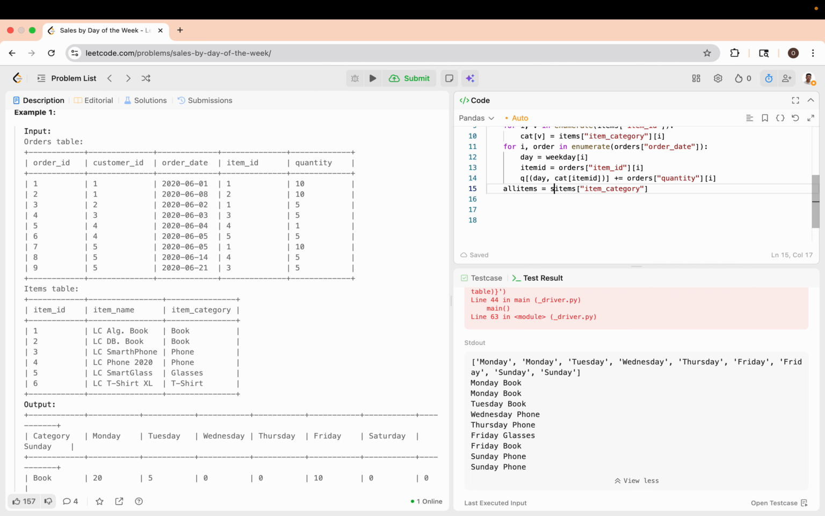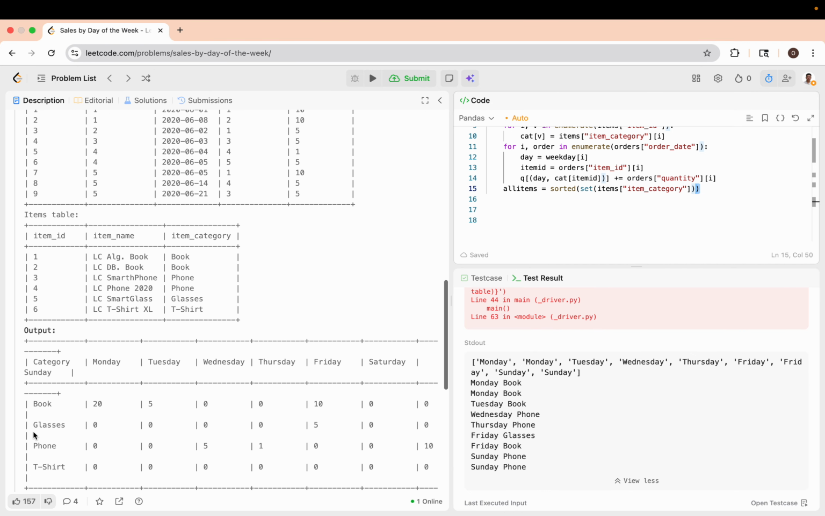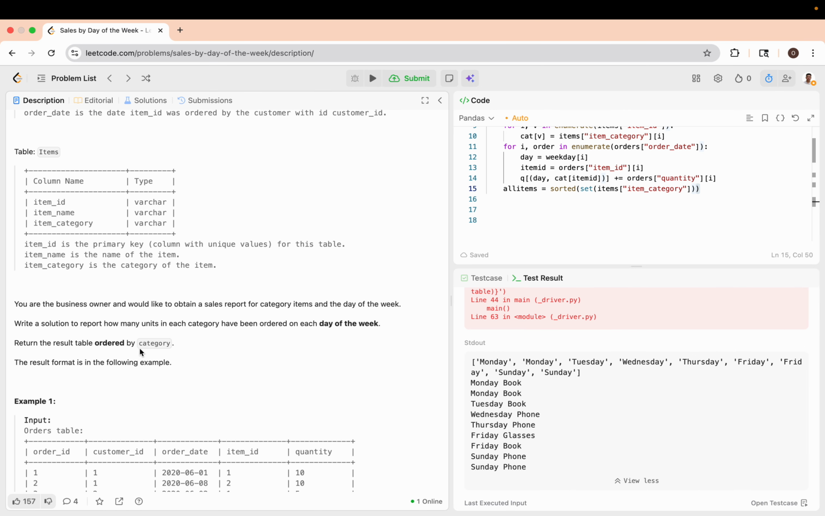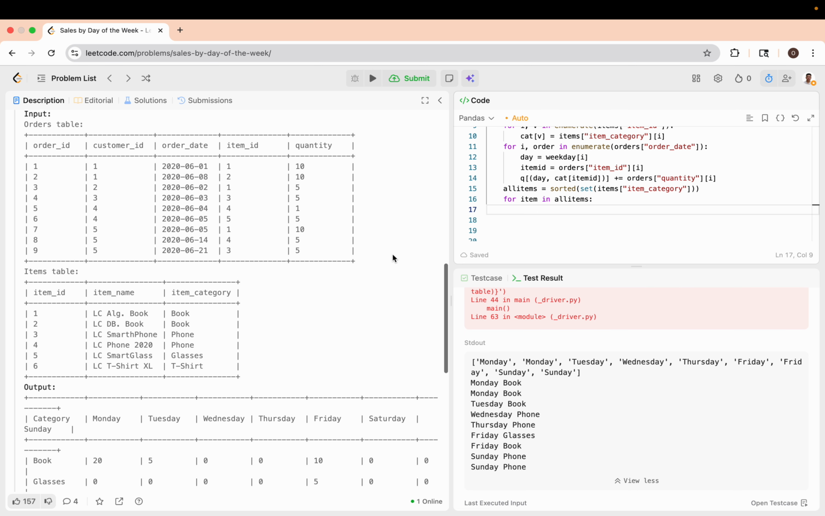And we're going to want to turn this into a set, right? And then we're also going to want to sort this, so this is going to turn it back into a list that's sorted, because we want this to be sorted by alphabetical order, as it says right there: result table ordered by category. Cool. So now for item in all items, and then let's do for K and Q, let's call this the